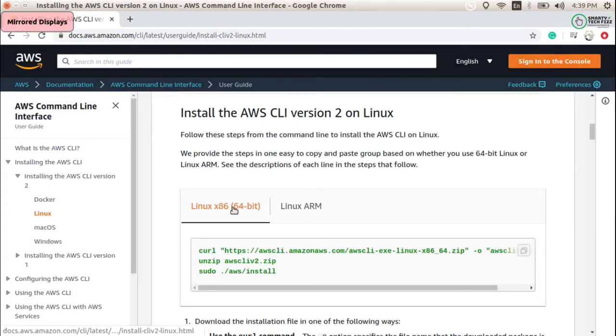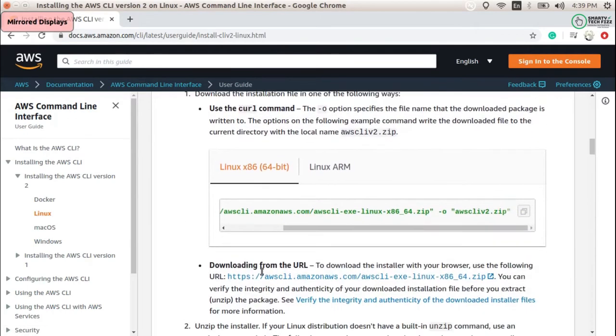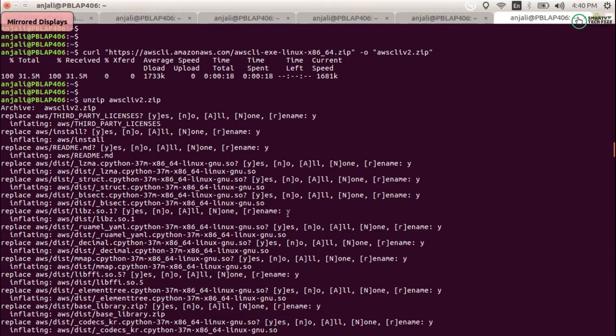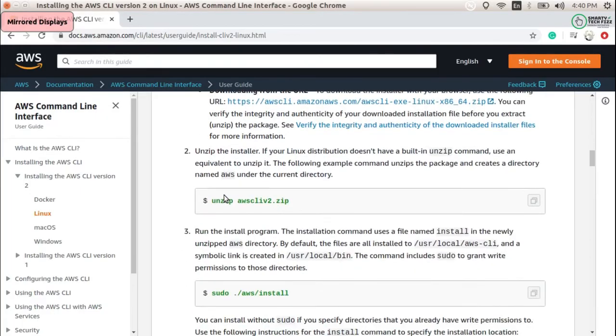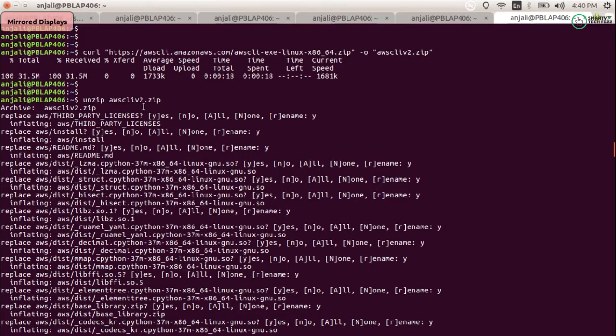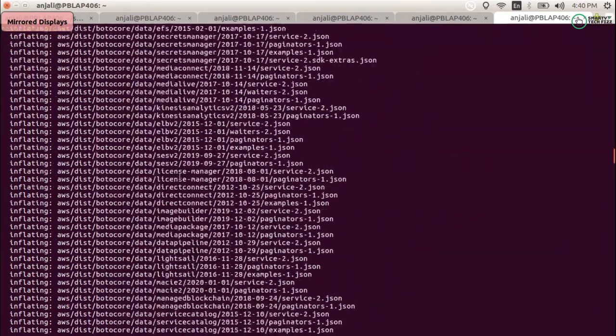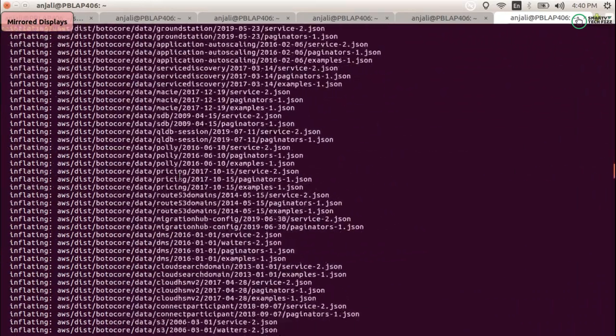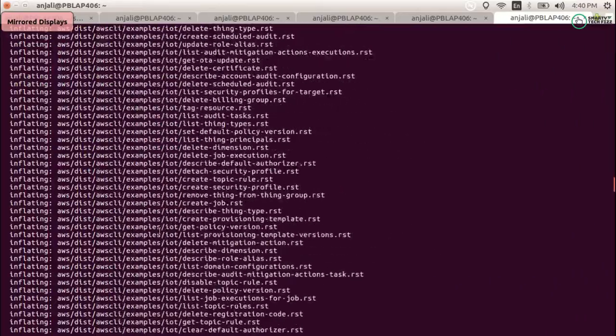Now we will install the AWS CLI version 2, and you can see the various commands given here. Let's copy them one by one and do the same. I have already done the curl command that is given here, and then unzip awscli-exe-linux.zip, which we downloaded through the curl command. This will extract all the files needed for installation.